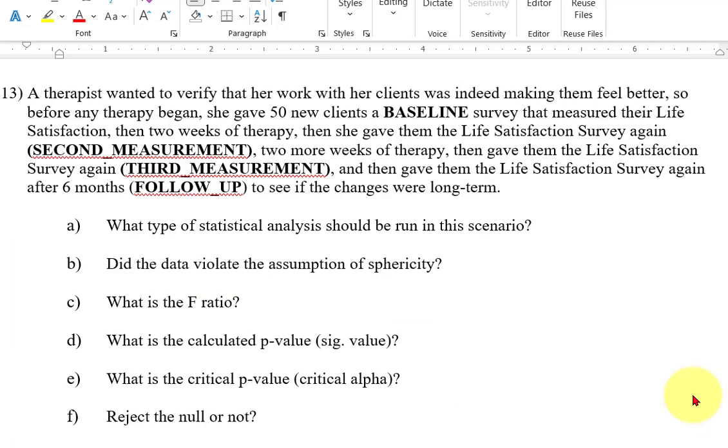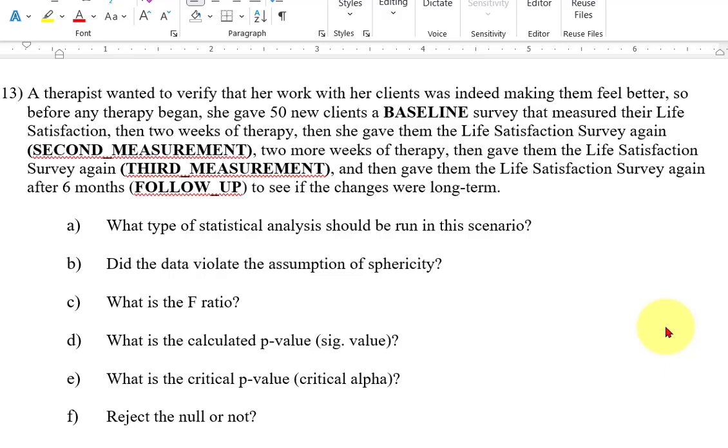Okay. Next, a therapist wanted to verify that her work, a therapist, that means a psychologist, wants to verify that her work with her clients was indeed making them feel better. So she had 50 clients, and she wanted to measure their life satisfaction score before she started therapy. So that's what we call a baseline score. And then 2 weeks after therapy, she gave them the life satisfaction again. And if her therapy was working, her life satisfaction score should have increased a little bit from the first one